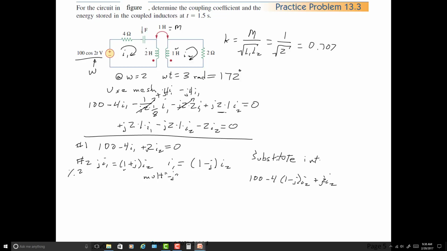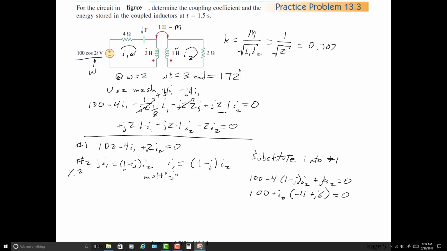Substitute into number 1. J2 I2 equals 0, so we still have all that going on. And if we do all the reduction here, what do we get? We get 100. Combine all this stuff plus I2 times what? This is minus 4 plus 4 JI2. So it looks like, keeping it easy, minus 4 plus J6